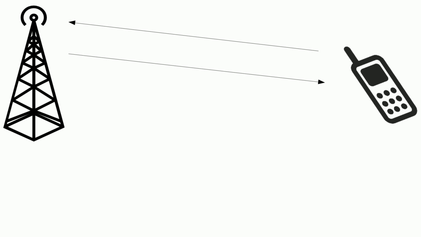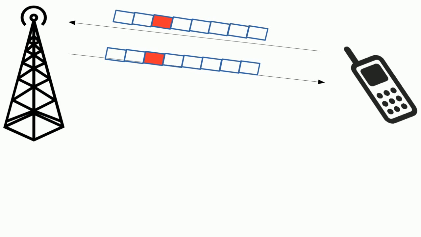Now, for example, here is a mobile, and we know that a mobile in a GSM network is allocated a 200 kilohertz frequency band in the uplink and also a 200 kilohertz frequency band in the downlink. These two 200 kilohertz frequency channels in the uplink and the downlink are known as the duplex frequency pair. And these 200 kilohertz channels are then further subdivided into 8 time slots, meaning 8 time slots in the uplink and 8 time slots in the downlink.